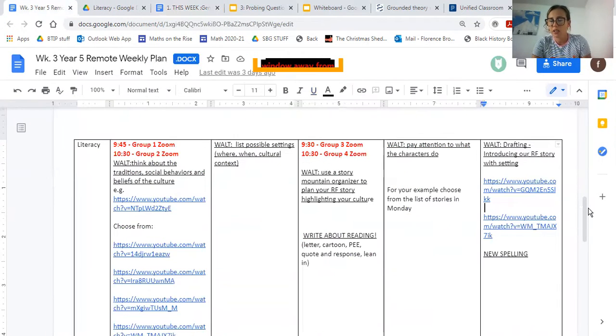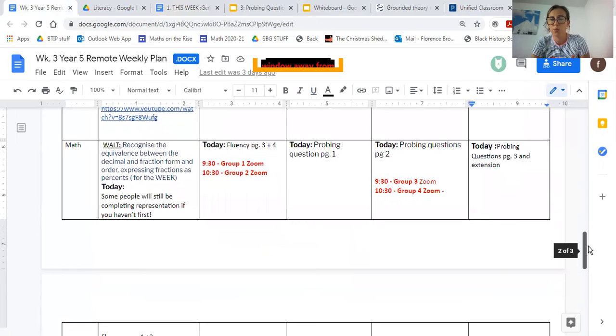For math, those of you who have finished probing questions are going to give extension a go, which is in the file. If you have finished extension, there's actually a link that I'm going to post along with this into the schedule for a harder challenge for you to try, for those of you that do manage to finish everything.